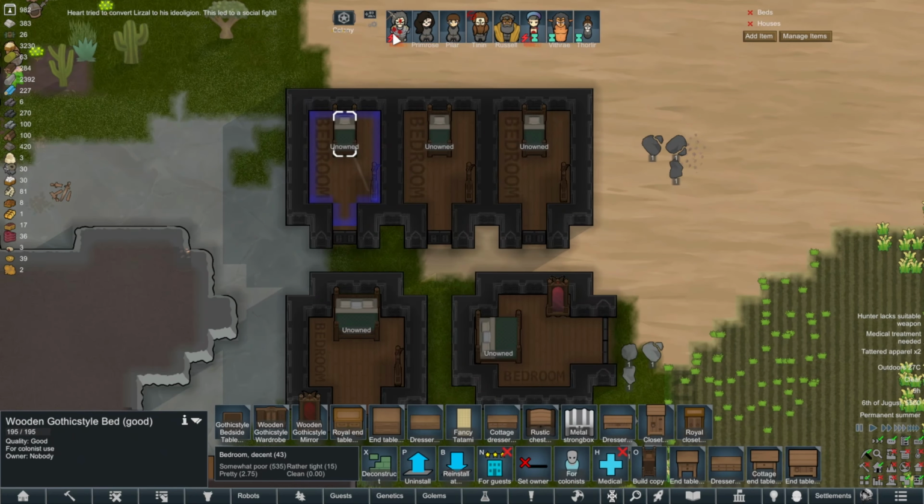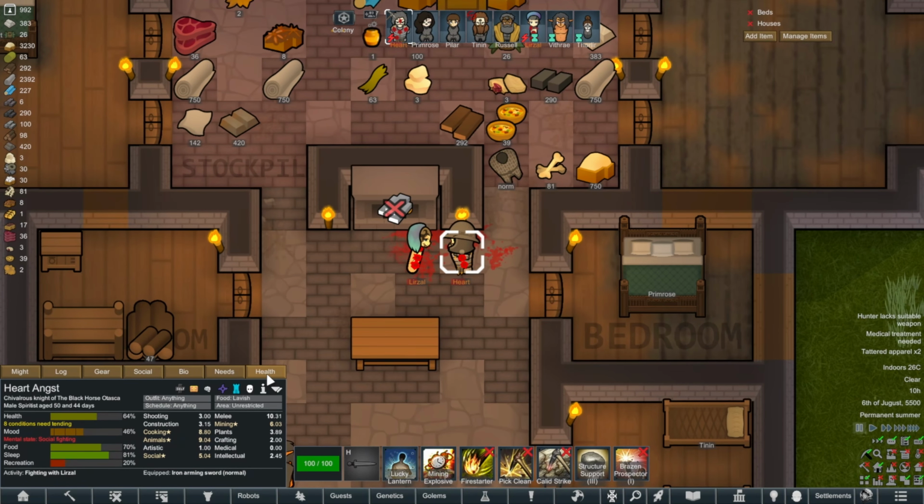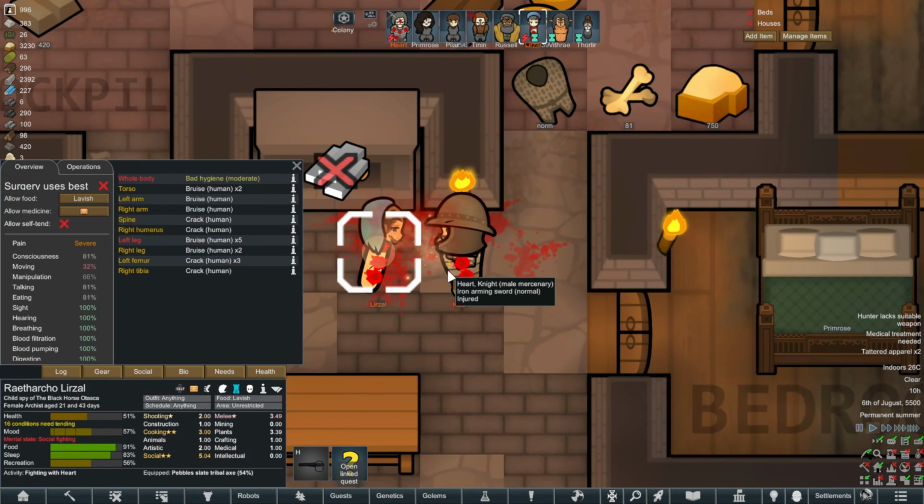So these rooms are actually... Whoa. You're social fighting? Hold on. Hold on. No one's going to die, right? Oh, they are taking out their weapons, but...